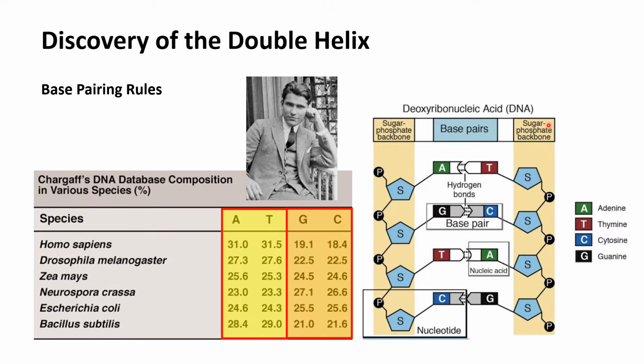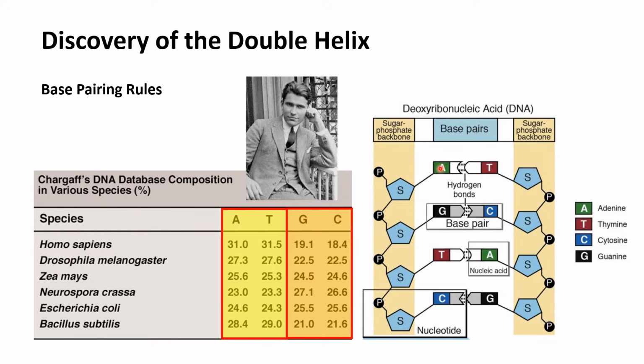The other sugar phosphate backbone is running in the opposite direction. More on that later, but notice the phosphate 5' end now is at the bottom and the hydroxyl 3' end is at the top. The bases that extend out and form with the other bases on the adjacent strand are